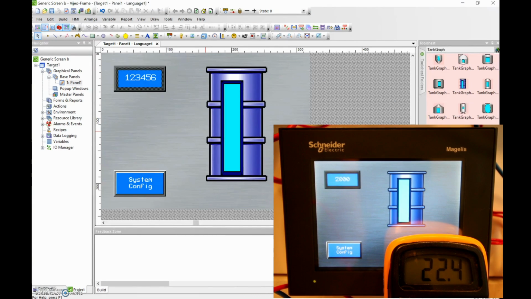Alright guys, so now that we've got the basic background here with the gray and the system config button, the next thing we're going to do is put in a digital display to show the value, and we're going to show a graphical display on this tank here based on our 4 to 20 milliamp signal coming in. So I've got an inductive sensor here that is providing me with a 4 to 20 milliamp signal going